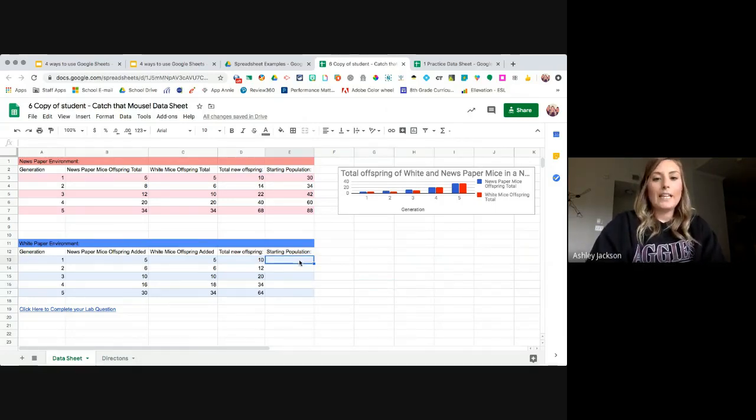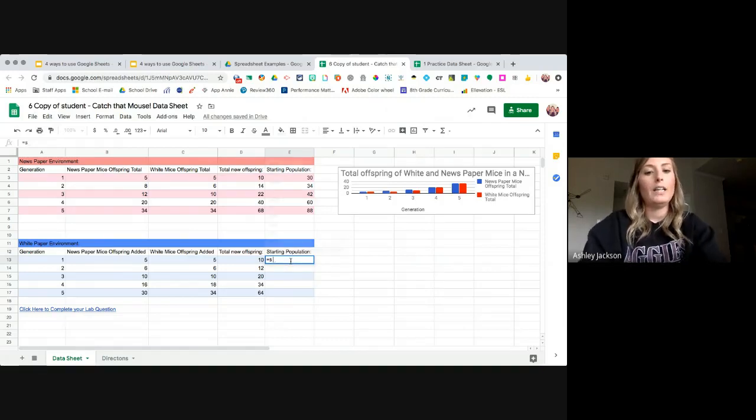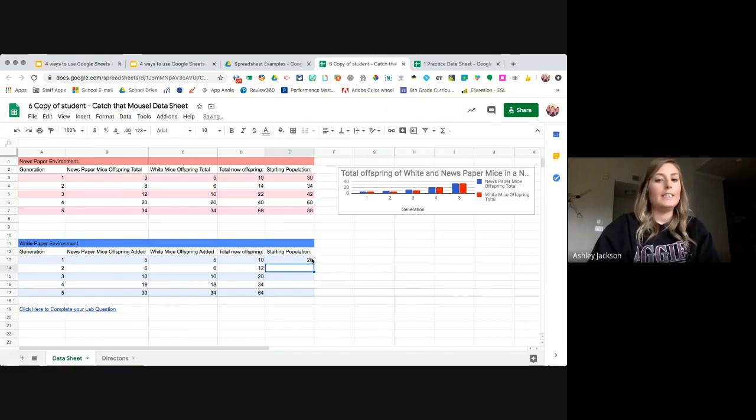So then once again in this column, we were just looking at the starting population, and students knew their starting population was 10 every single time. So all they had to do was take 10 plus the number that was in this column. So we talked about the formula again. We're looking at sum 10 plus this box. Then I just close my bracket, hit enter, and it does the math for me. So then I can drag it and it will do all of that math, and they would know exactly how many